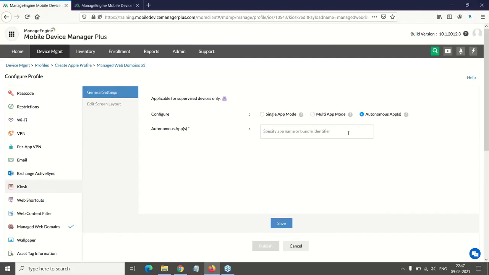The important point to note here is that not all applications support autonomous apps. There are certain parameters that are required. You can just click on this link to know more about it. So only selected applications can be put on autonomous apps. And you need to have the configuration incorporated in the app code itself.